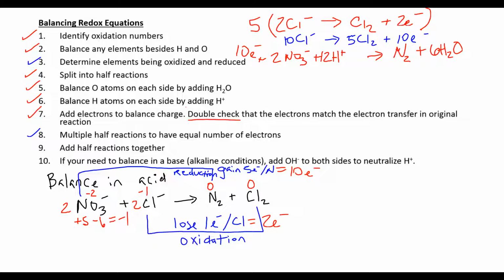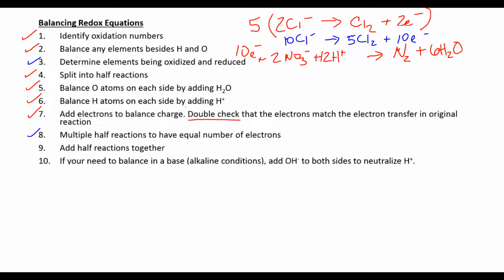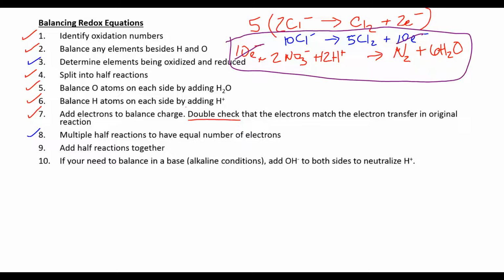I'm going to erase the bottom of the board so I have plenty of room to write that out. So in step 9, we're simply going to add together the 2 reactions. You'll notice these are the 2 reactions that we're focusing on, our 10 chlorides and our 10 electrons associated with that half reaction, and then we've got 10 for the other half reaction. So before you add things together, you can always look to see if there's things that will cancel out. In this case, you'll notice that you can cancel out the 10 electrons from either side of that reaction, and